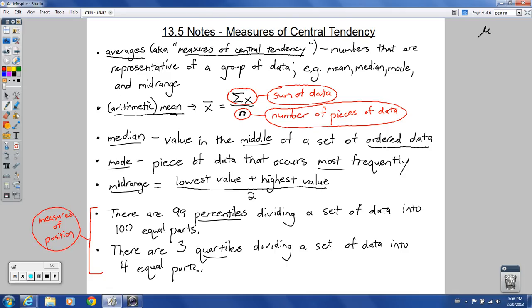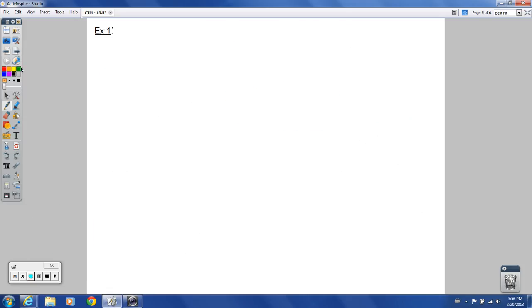Okay, let's get into the examples. Let's check out some examples here. Just going to do a couple examples, and we're going to find several different pieces of information with each set of data that we look at. So first of all, example 1,